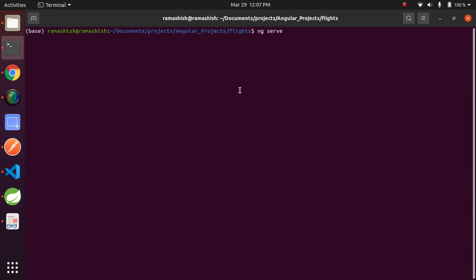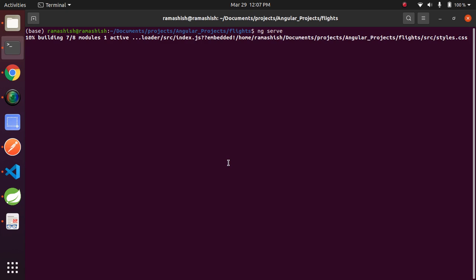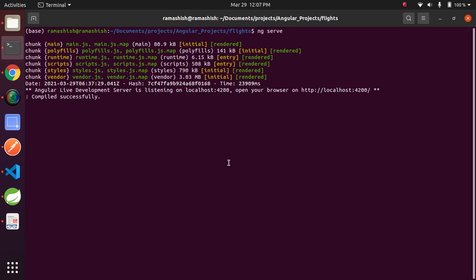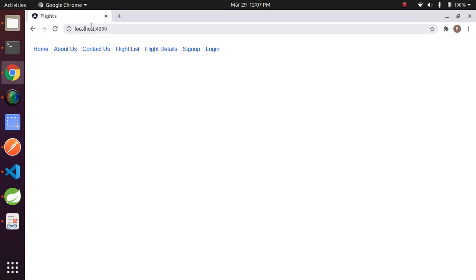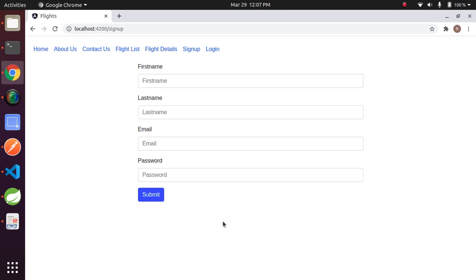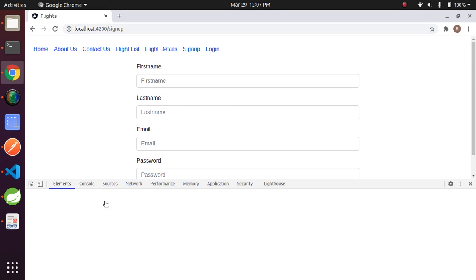Wait till the application executes. Now the application is compiling. Compiled successfully. Go to your browser, type localhost 4200. Now click on the sign up and then inspect the console.